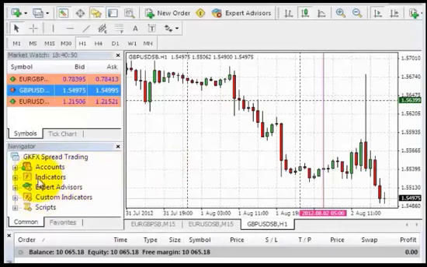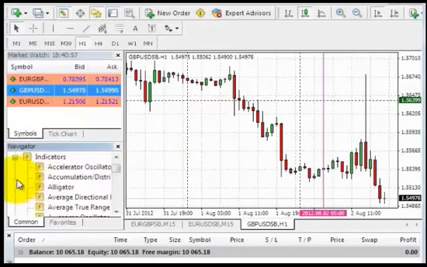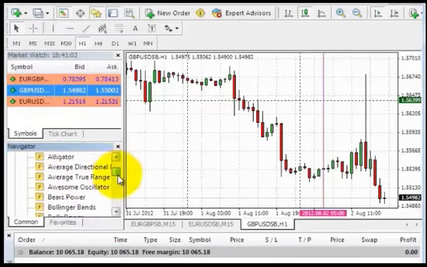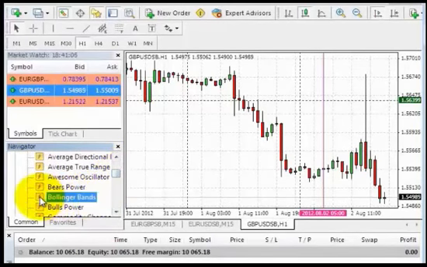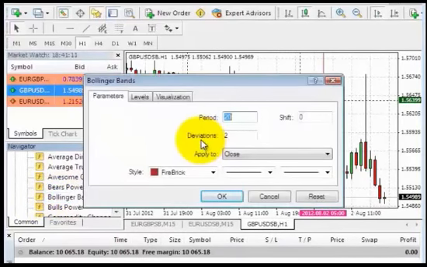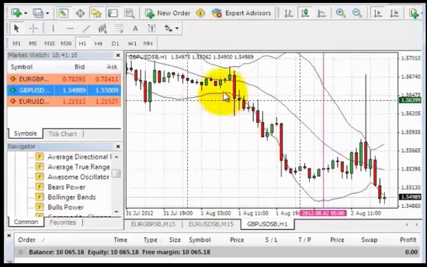Well, over on the Navigator section here, if we expand our Indicators tab, scroll down until we find our Bollinger Bands, left click and then simply drag it across into the chart area. There's no need to worry about the information. We'll just save our defaults by clicking OK, and here you'll see that we now have our Bollinger Bands indicated